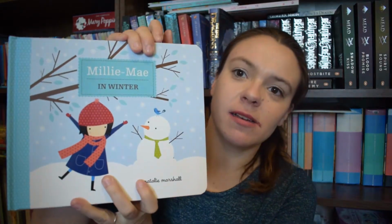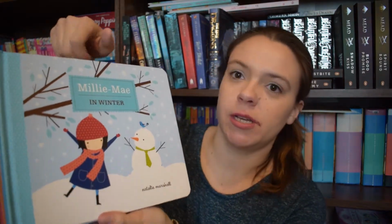the younger ones. These next 4 are a series, and I was actually really impressed that I managed to find all 4 of them, because I literally went on a hunt through the book rack. And it is this series, which is a Milli Mei series, and it's winter, summer, spring and autumn, and these